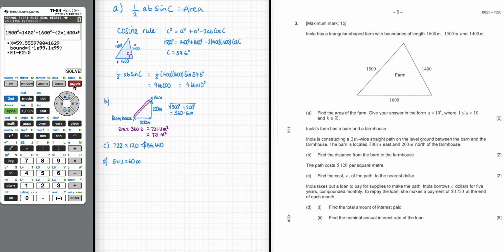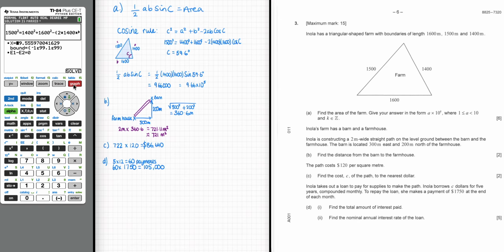So 60 payments are made in total, and each of those is 1,750. So 60 times 1,750